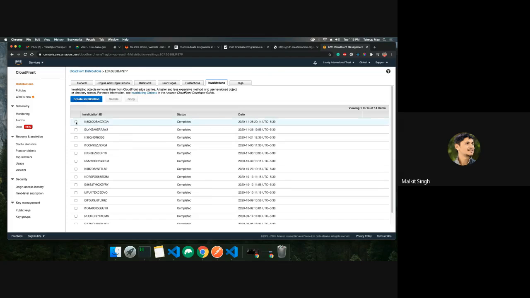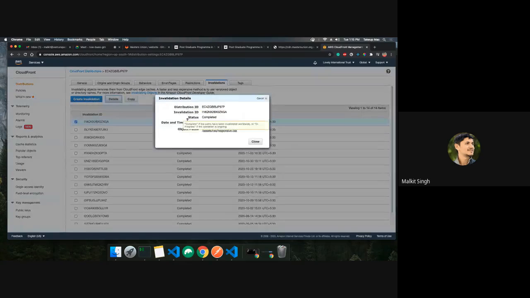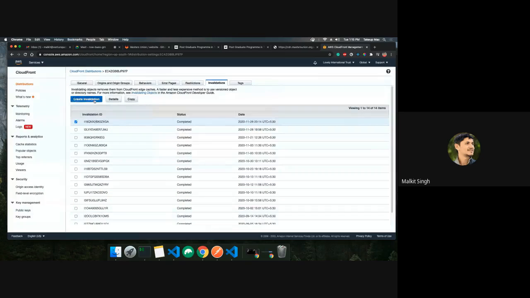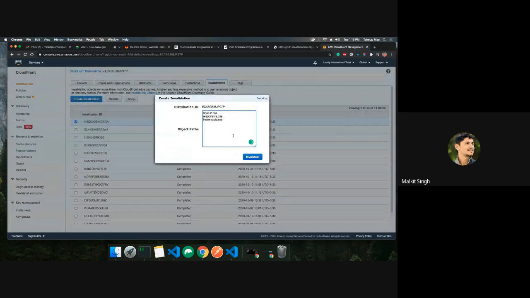Invalidation is nothing, it's just an instruction for AWS that I want these files to be removed from the cache, and you can add these files like this. So assets, we know style, this is the file we modified. This is also the one we modified. I mean here this is, and other than this we modified